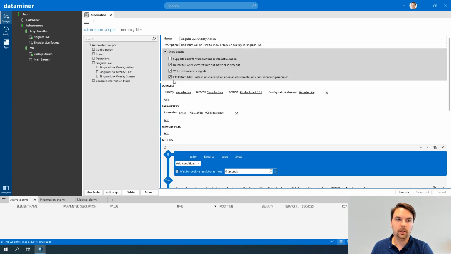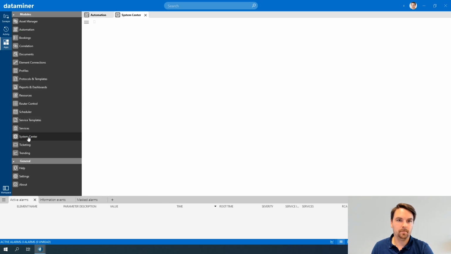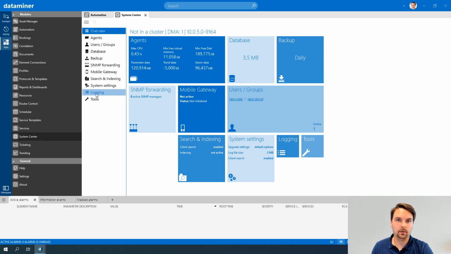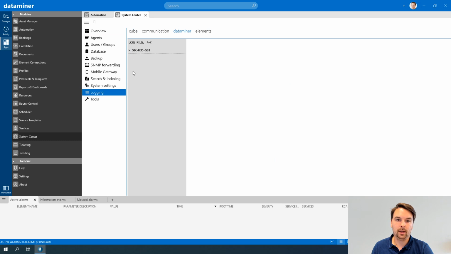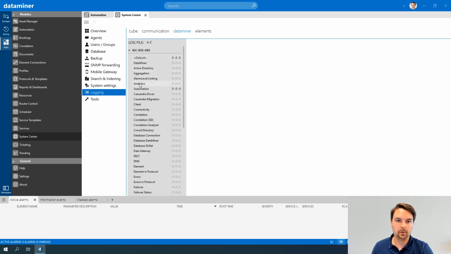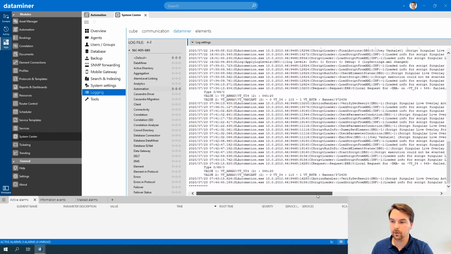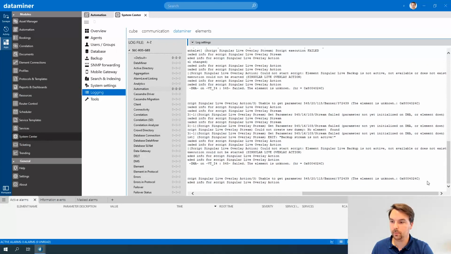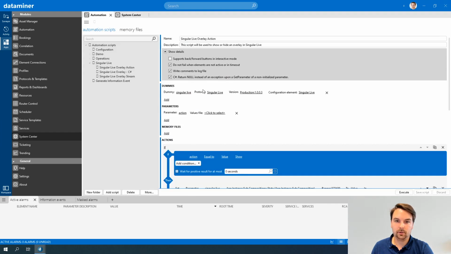Where can you find that automation logging? You go to Apps, System Center, then select Logging, then go to DataMiner, and here you will have logging for each agent in your cluster. If you open this one up, you can select the automation logging, and here you'll see there is already some logging available whenever I started my script, for example, or in this case, the error that the parameter could not be retrieved. Now, if I execute my script with this option enabled,